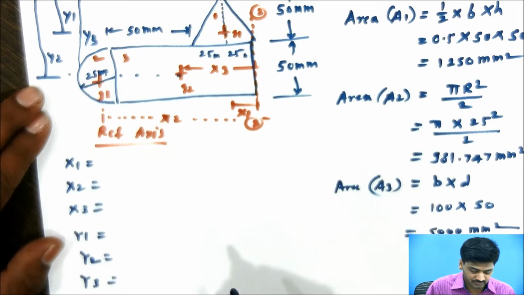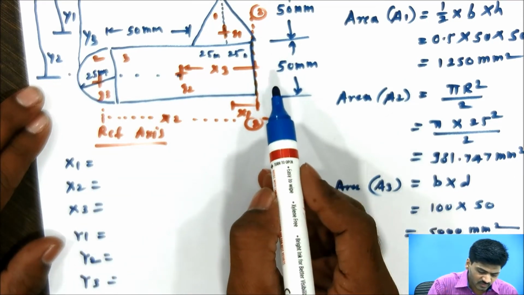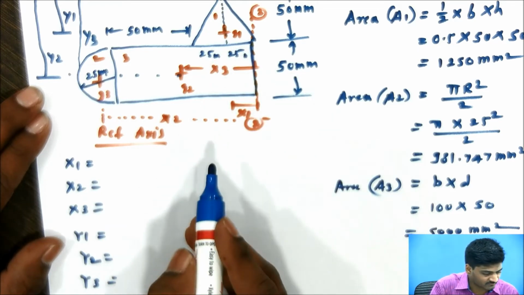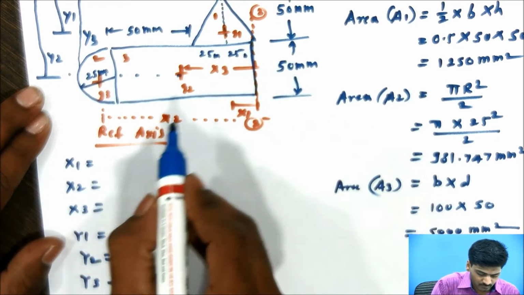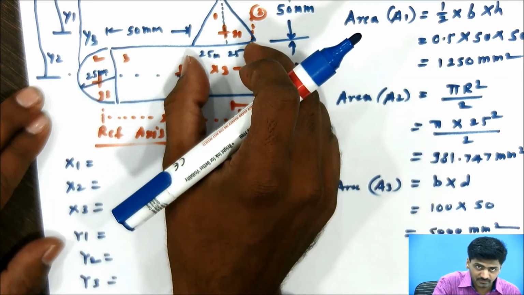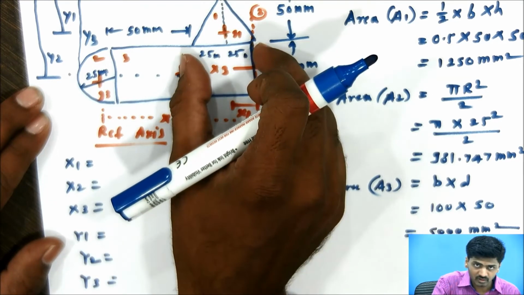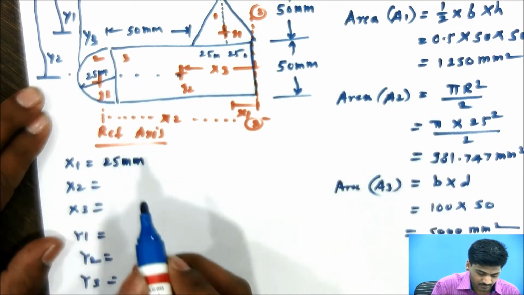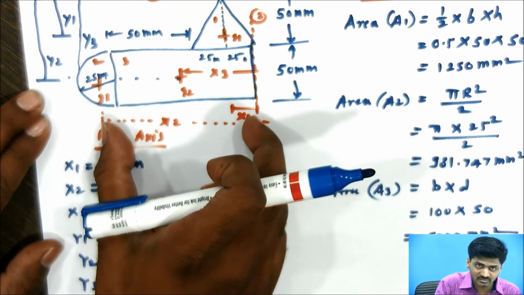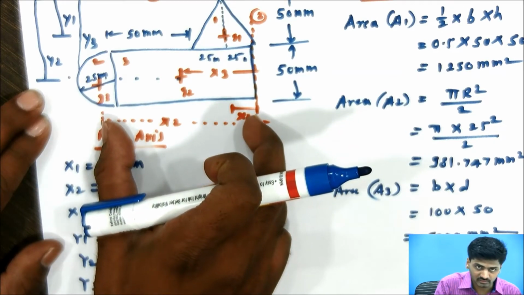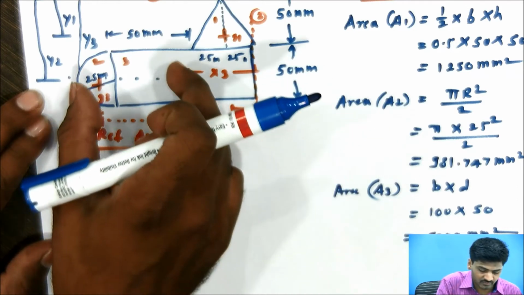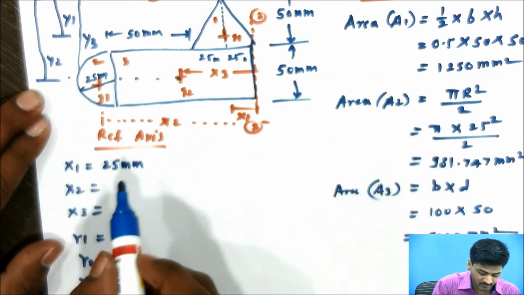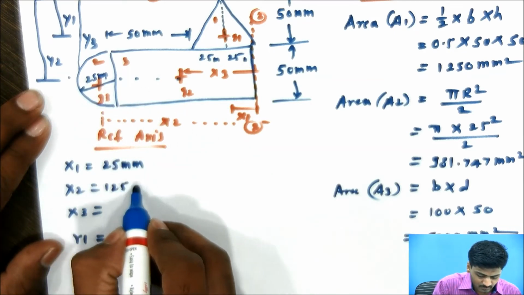How to calculate it? x1 is nothing but the small distance, and it is already given as 25. Because the total is 50 and the centroid lies here, half of this is 50 by 2, that is nothing but 25 mm. What do you mean by x2? x2 is nothing but this total distance. How to calculate it? Total is, you may observe here, 50 plus 50, 100 plus 25, 125, 125 minus,